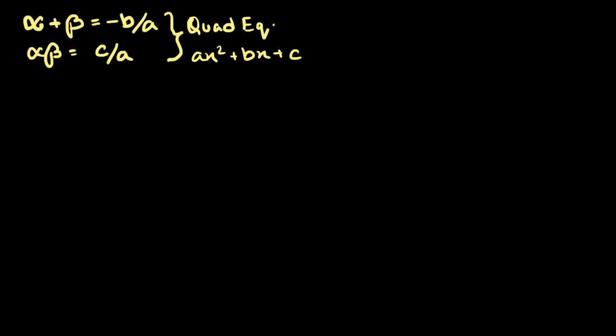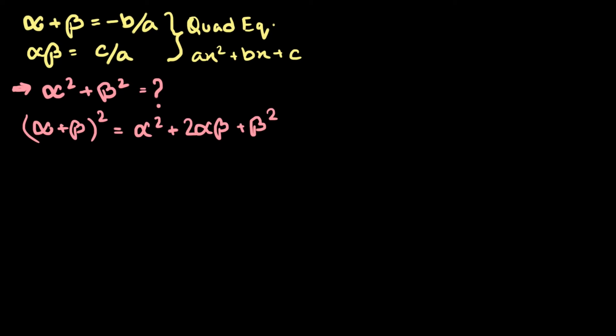What if we can find the sum of the squares of the roots of any quadratic equation even without knowing its roots? Well, we know the value of alpha plus beta, and we know if we square it, we will get alpha square plus 2 alpha beta plus beta square. Here, we already have what we're looking for, and we can know the value of the rest of the terms too. So we can easily find the sum of the root squares by using this formula.